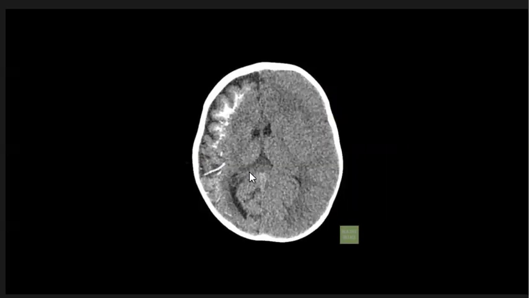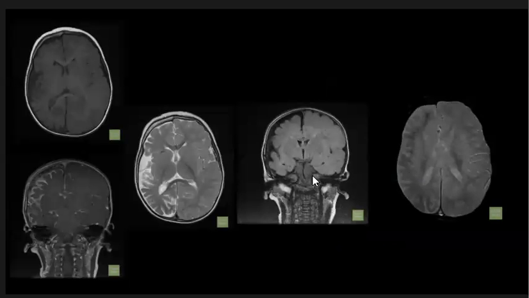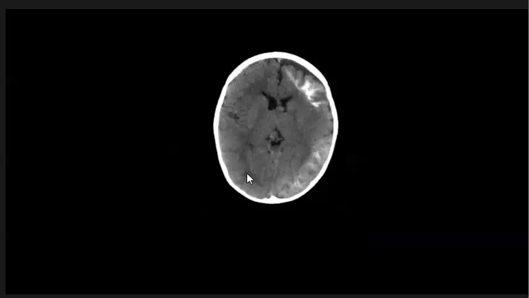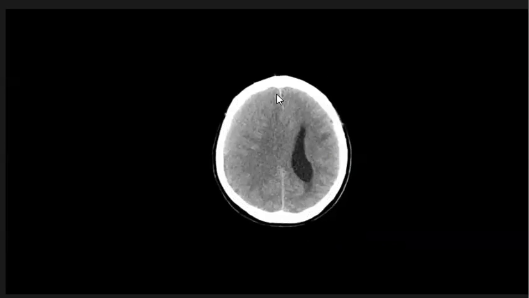Sturge-Weber syndrome on the right side with hemiatrophic changes, the same patient with MRI, another patient with Sturge-Weber syndrome on the left side with calcification, right subdural effusion with subfalcine herniation and dilatation of the left lateral ventricle,